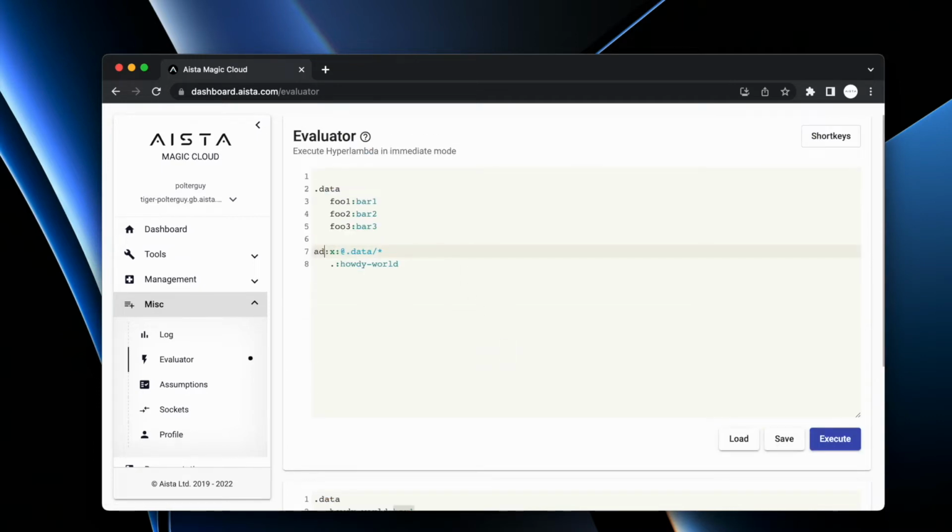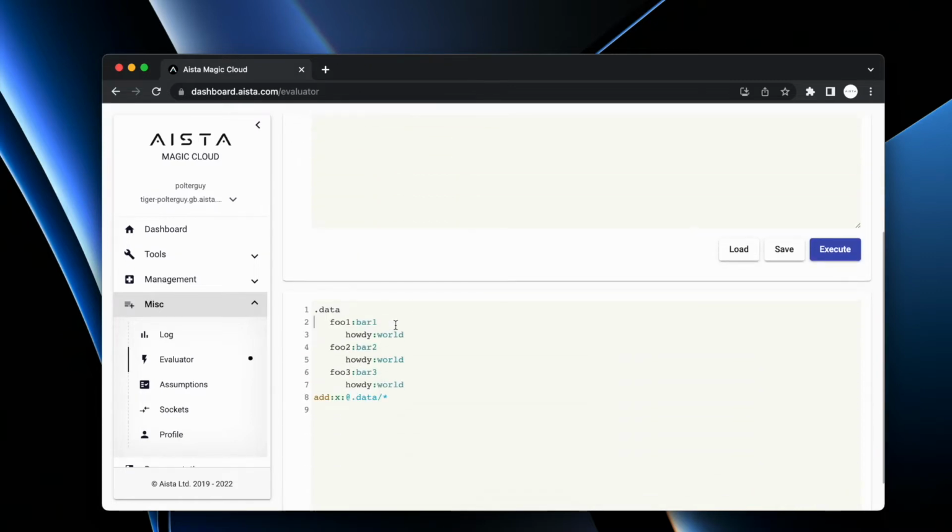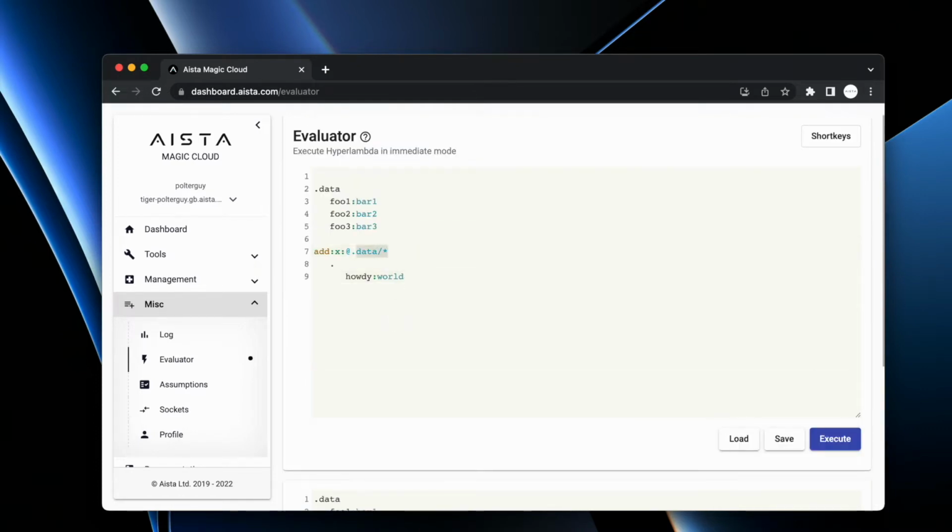Then we have the add node. Now at this point we're going to have to slightly modify our code here and do, for instance, howdy-world, for instance, world. For instance, and if you execute this, you see that it actually adds into every single node that results of this particular expression, this particular node set. And of course, if we want to, as we showed in a previous video, we had source,